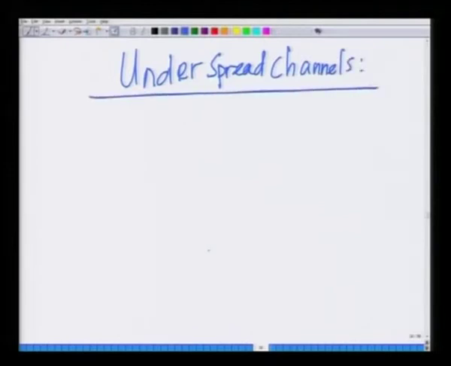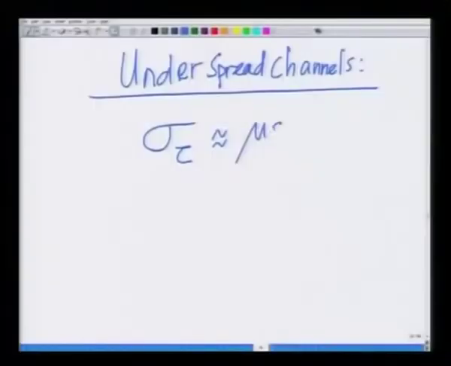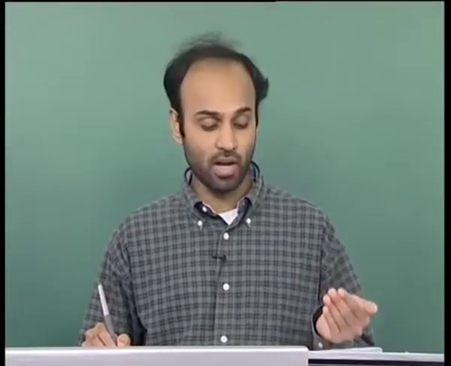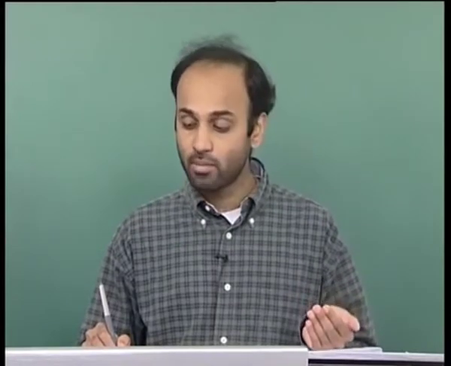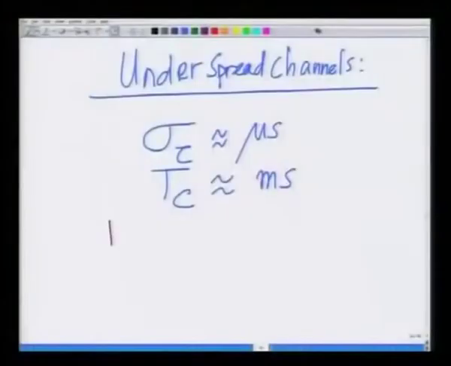This is the underspread wireless channel. If we looked before, we said the delay spread of an outdoor wireless channel is approximately of the order of microseconds, and the coherence time is approximately of the order of milliseconds. We looked at both the delay spread of outdoor channels and the coherence time. We said the delay spread is typically of the order of microseconds and the coherence time is typically of the order of milliseconds, which implies that in a typical channel,